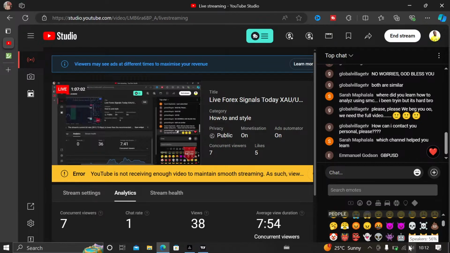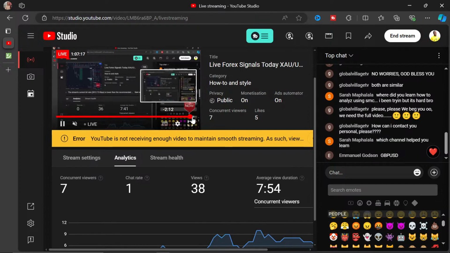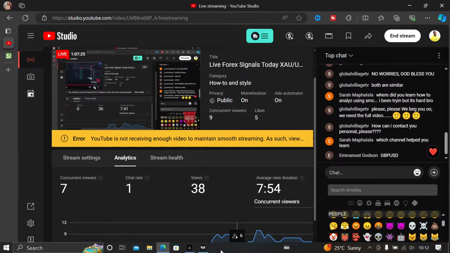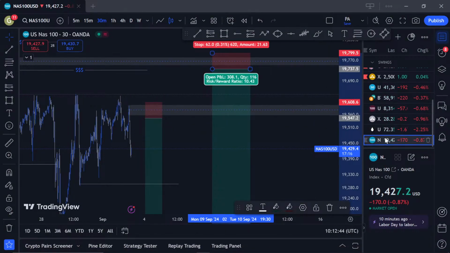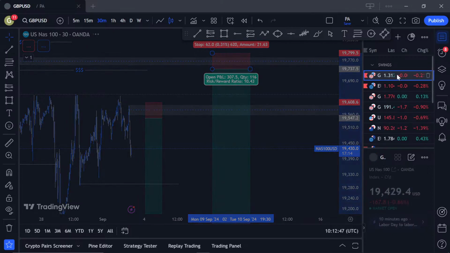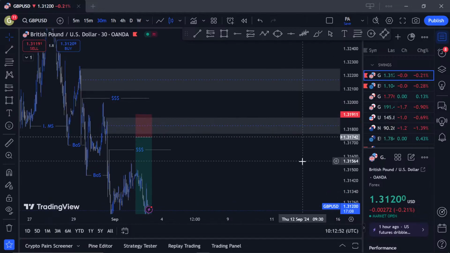So someone is requesting for GBP USD. Okay, over there, I already have a setup. So let me just share it with you. I already have a setup on GBP USD. Let me share it with you. So GBP USD, that's my number one pair here. So I'm waiting for GBP USD to actually trade over to